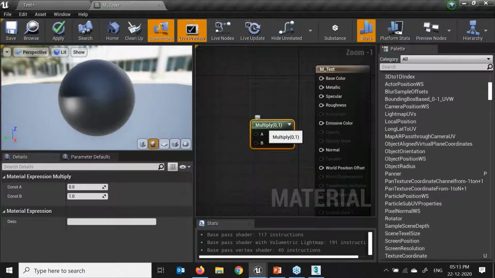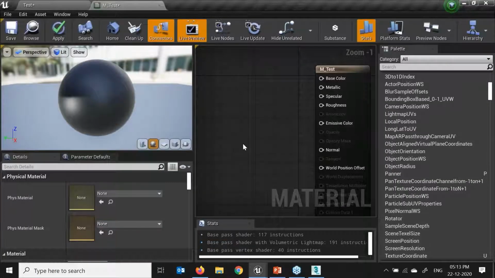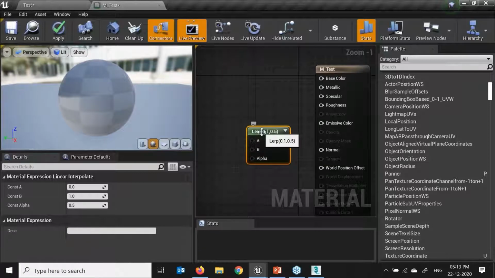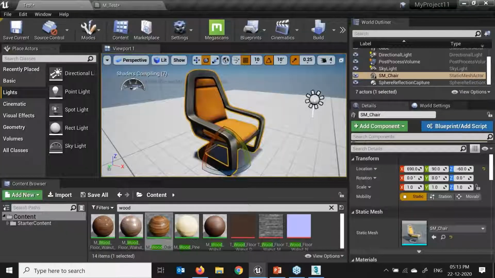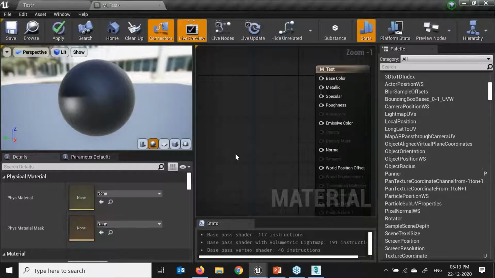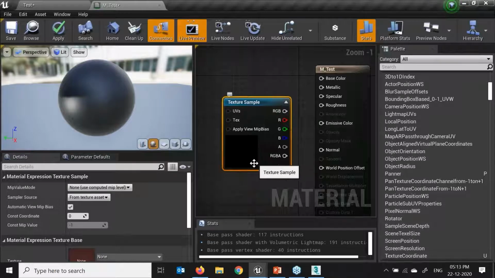If you see, just 1 second, this is the L we have to press. Select this material, left click, L means the lerp. Here we can blend two different materials together. I'll just refresh the screen over here. I don't require the T, delete. Select any material which comes into T, left click. Yes, texture sample. It takes some time, 2 to 3 seconds. You will see that texture will come over here.